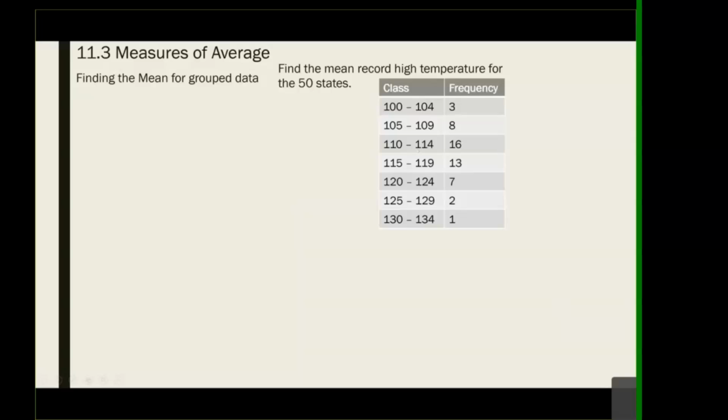We group them in classes. The first class is between 100 and 104, and there are 3 states that have a highest temperature between 100 and 104. We don't know the individual data, but we know that they are in that group. So looking at this,